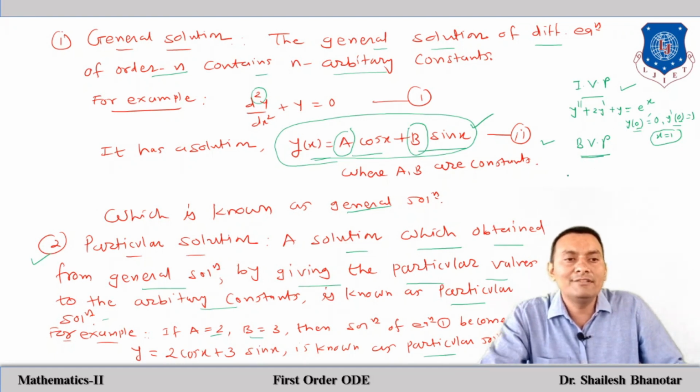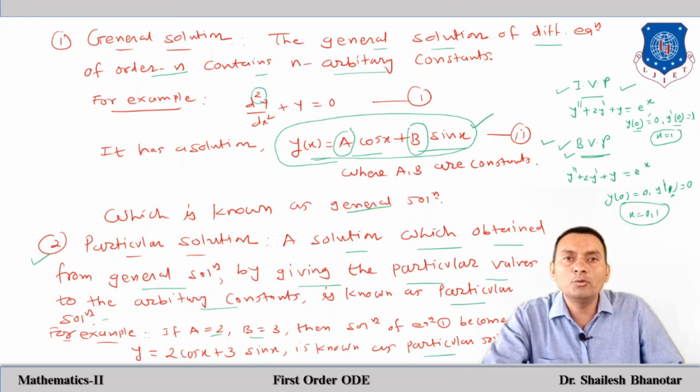But what about the boundary value problem? If I talk about the same question with the conditions that y of 0 is equal to 0 and y dash at 1 is equal to 0, we have two different values of x, that is x is equal to 0 and 1, both are different, and therefore it falls into the boundary value problem. And one important thing is that the order is 2, so we must have two conditions. If the order is 2 in the boundary value problem as well, we must have two conditions. Initial conditions or boundary conditions should be there.